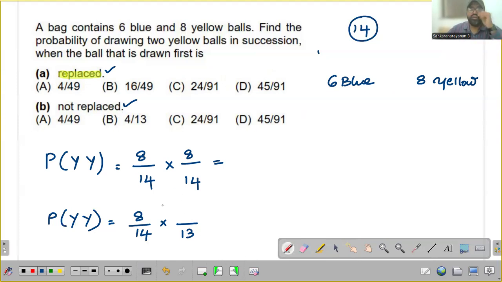Okay, now you can see that there will be altogether 7 of them which will be yellow. Because the first one yellow, you saw that and you have not replaced, you have thrown it off. So second, you have 7 yellow balls out of 13. That is the probability that when you go for the second draw, you are going to get the yellow color. So it is 8 by 14 into 7 by 13 it will come. Got it? So when I am calculating this, for the first one, 8 by 14 into 8 by 14, the result will be 16 upon 49 you will get.